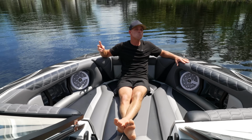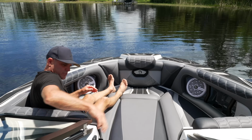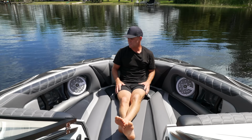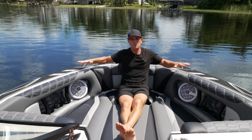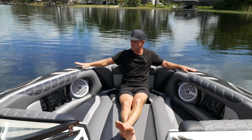You can legally have 2 people up here, but you got a lot of space. So whether you want to face this way, go in this direction, you got some nice flip down armrests. You have 4 cup holders, as well as charging ports over here on the port side. And of course, the non-skid wrapping around here. So if you're walking to the dock or the beach or onto the trailer, whatever, that's nice so you don't